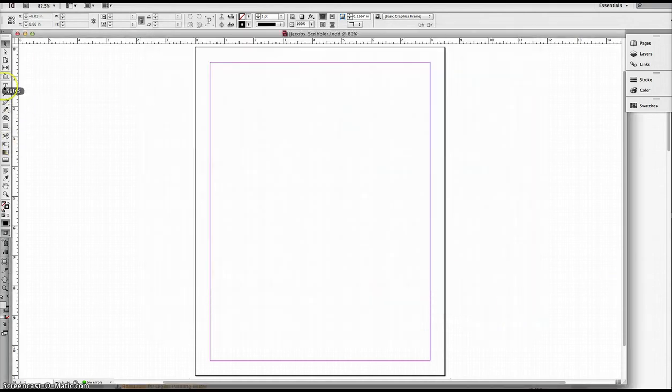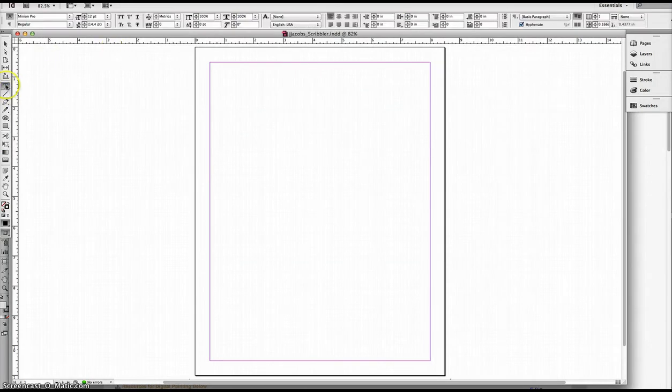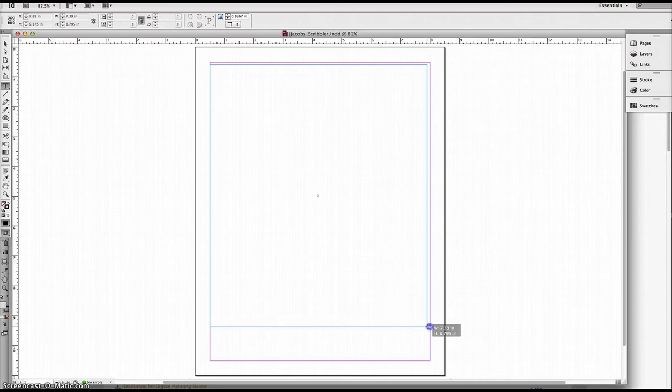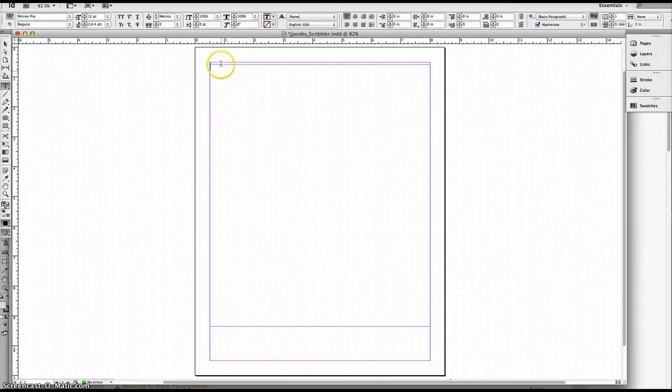All right, so to create a text box to get started, I'm going to grab my type tool, it's the letter T here, and I'm going to click and drag and create a big text box. Then you can see my cursor is blinking. That means I can go ahead and type. So I'm going to write scribbler